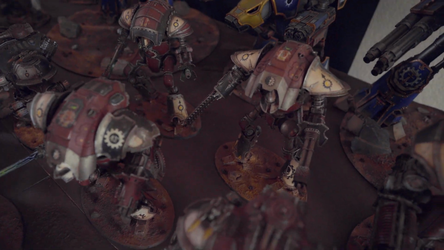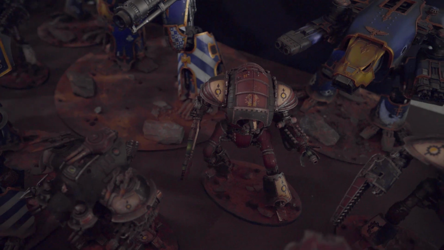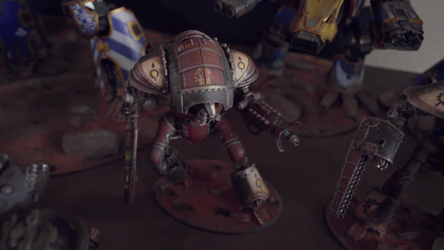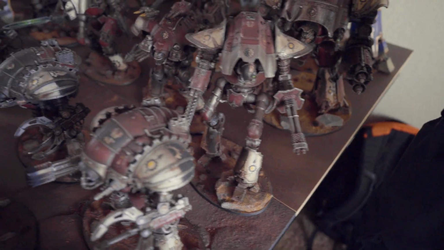And then next to it, we have the Thrasis Knight Styrax, I think it's called. It has some weird energy weapons. I don't remember what they're called. But on the other side, we also have the same. Going over here, another Acheron, 2 Castellans, one here,